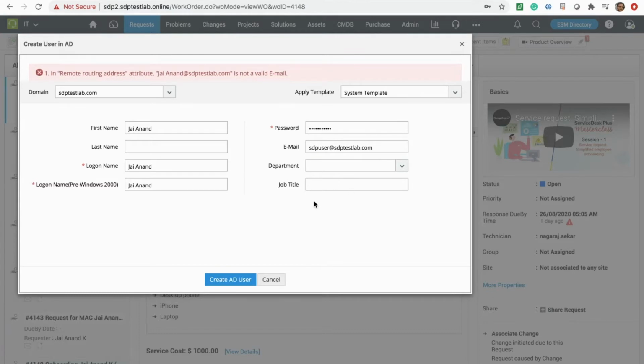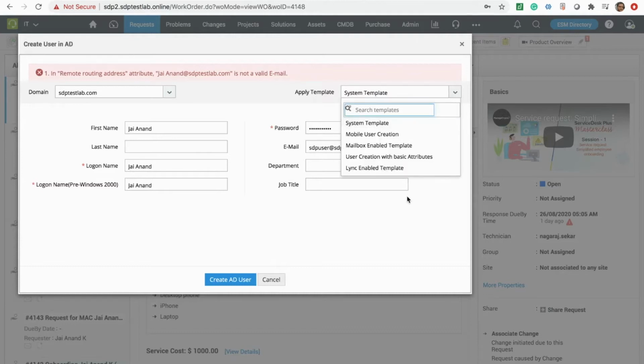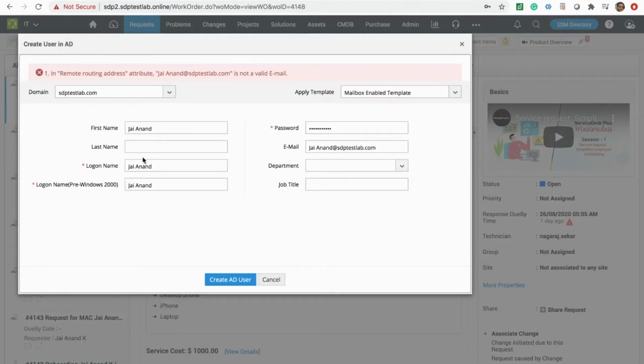Okay, looks like there has been a configuration change, but the concept-wise it is similar. So this query goes into the AD Manager Plus, and it responds with an error saying that this particular email address is incorrect, right? And also, as I was explaining about the AD Manager Plus, these are the list of templates available. So you can simply pick which template should be applied for this particular user so that